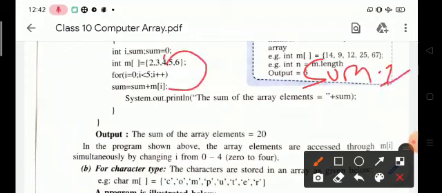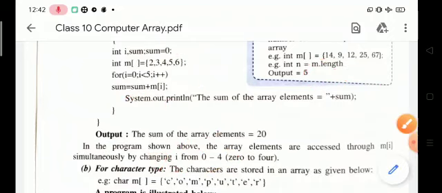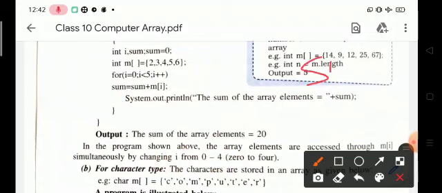Next time, when the loop is increased by 1, the value of i is 1. So sum = 2 + m[1], and you know that the value at m[1] is 3. So 2 plus 3 means 5. Now the value of sum is 5.